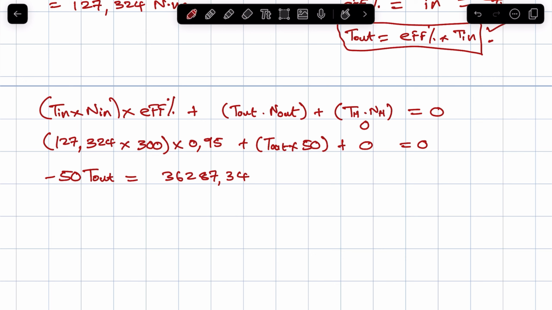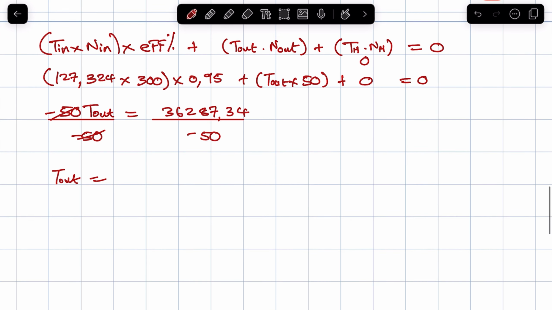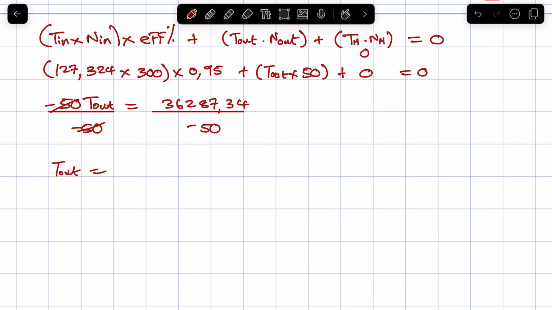And then solving for T out, we have to divide both sides by what? By 50. So divide by negative 50, divide by negative 50. So T out is going to be equal to what? And if you punch this in your calculators, you're going to get negative 725,